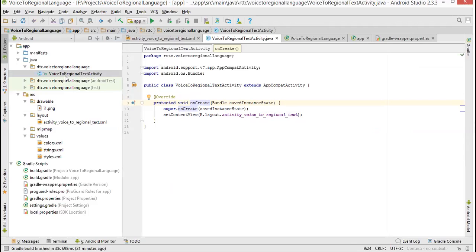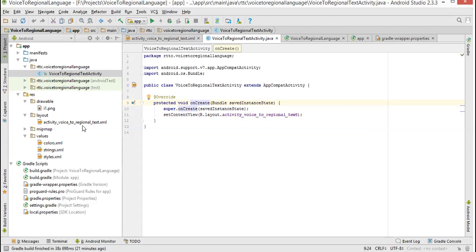Now, how is this activity linked to this XML? Can anybody tell? In this program, one link is there, so that you can say that it is linked to that XML file. You got my point?